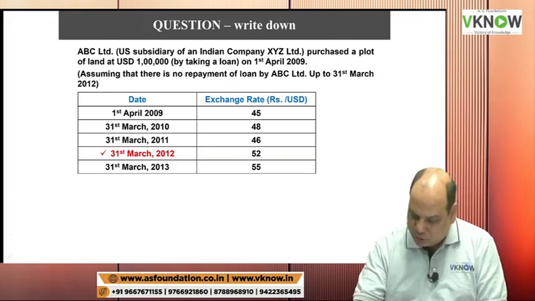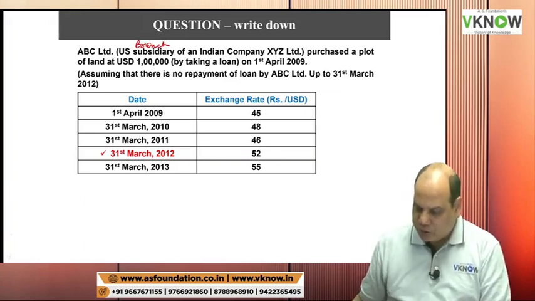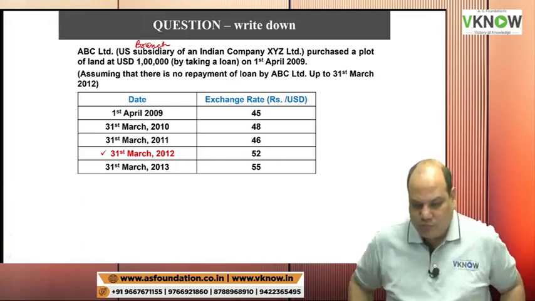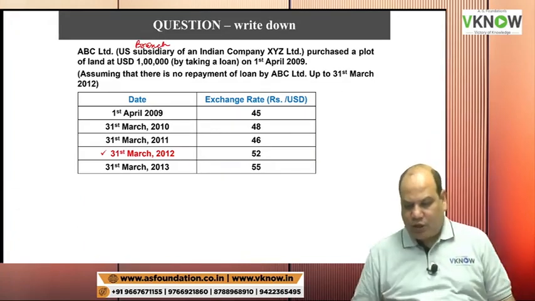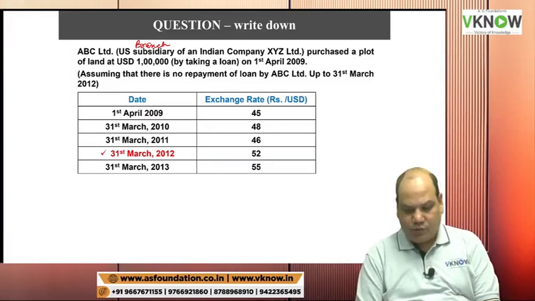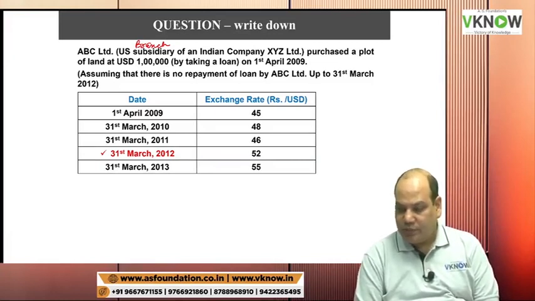Instead of subsidiary, you can make it branch also. The answer will not change. Okay. So please try this wonderful question. ABC Limited, US branch of an Indian company XYZ,